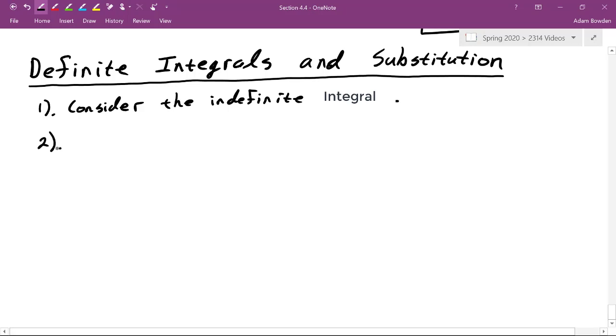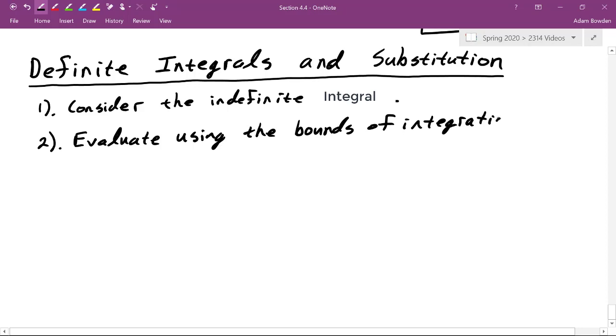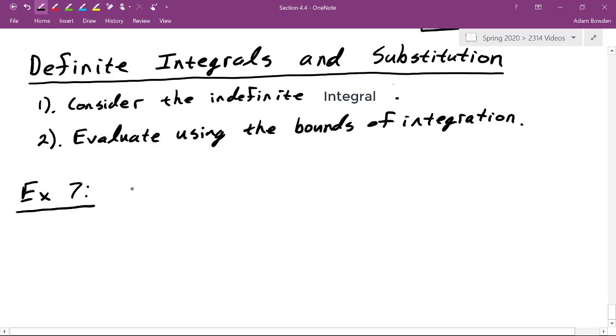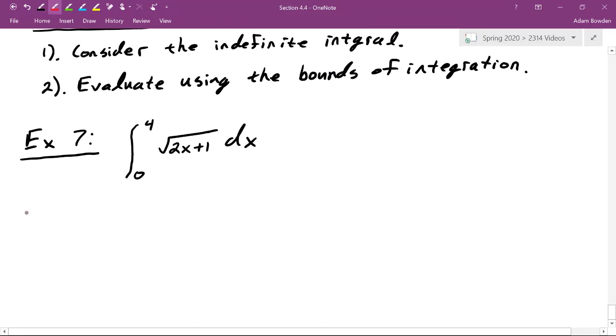Once we figure the indefinite integral, then we can evaluate using the bounds of integration, just to try to make it as simple as we possibly can here. So we'll have something like the integral between 0 and 4 of the square root of 2x plus 1 dx. So let's just take a look first off at just the integral of the square root of 2x plus 1